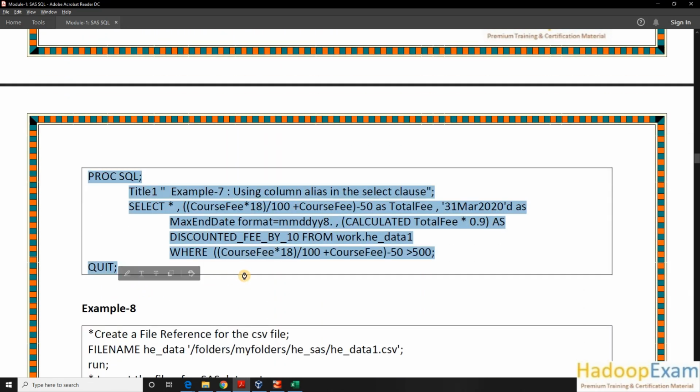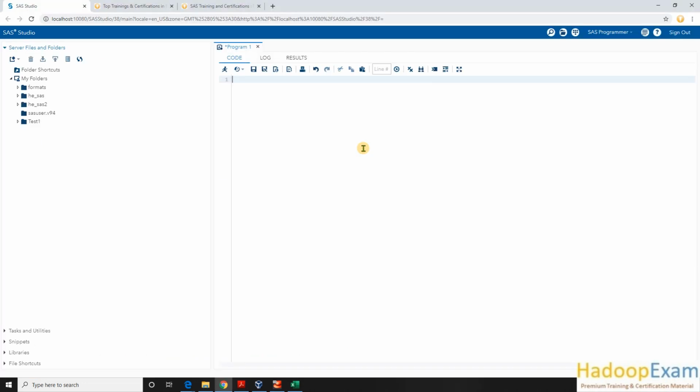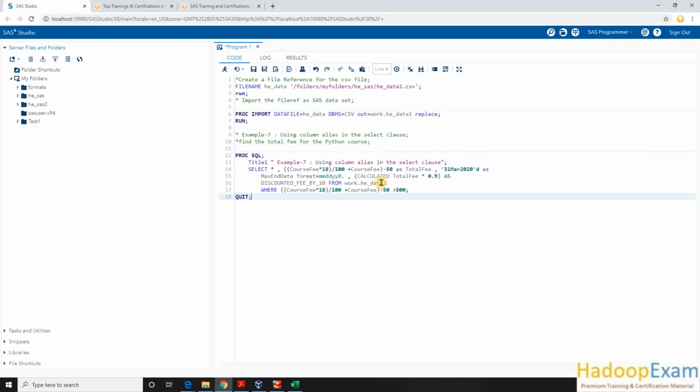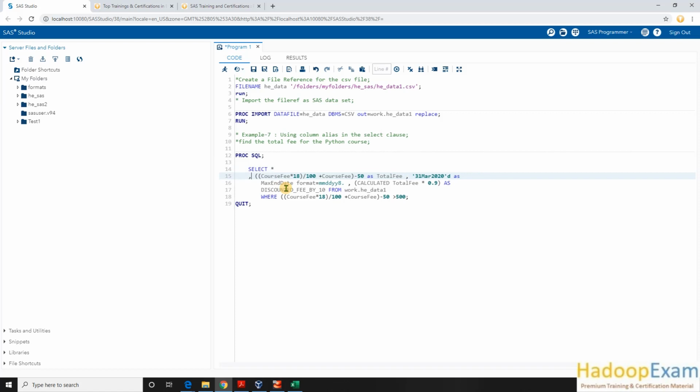This PDF and all the data I will be sharing with you, so you can use those. Now here you can see we are using the column alias in the select clause. Till now we have used the alias in the where clause, correct? So now select star, total fee, and the same way we are selecting a constant date here.